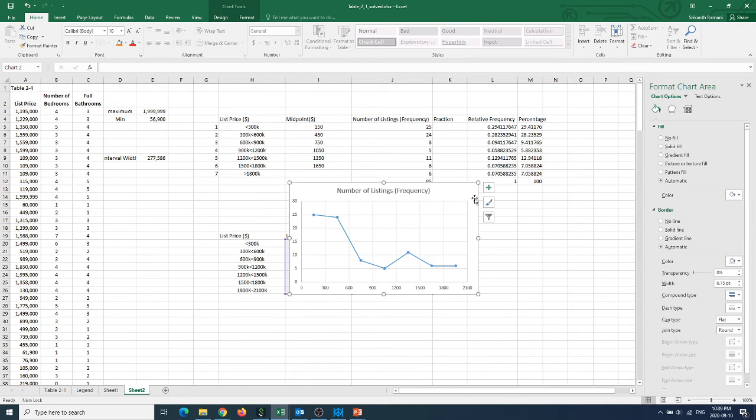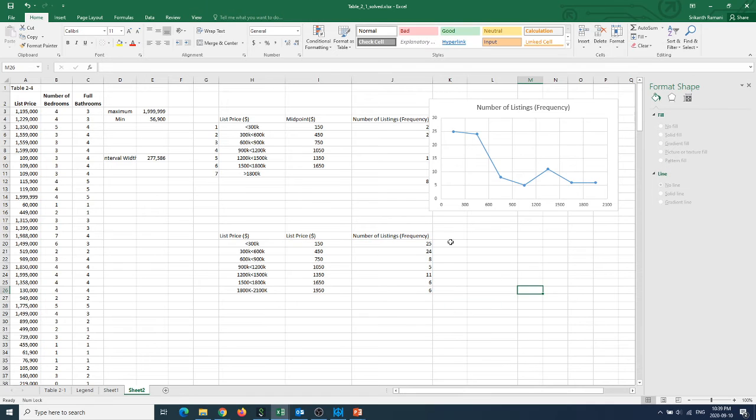So another way to try and think about how this can be useful is, let's say this is the list price for, I'm going to try and move this data over here. This is the list price for the year 2018. Okay, and then you have this value, and then you have another list price. The number of listings is like 2018, and for 2019,